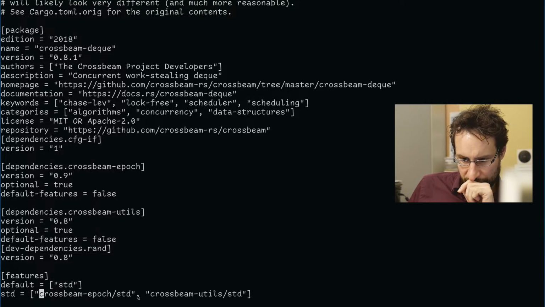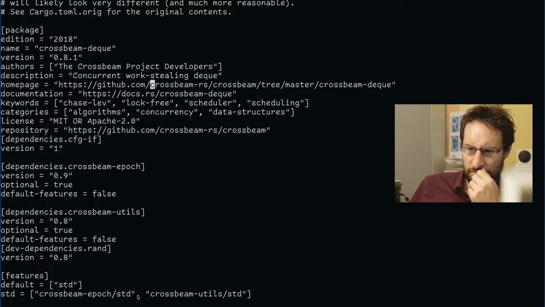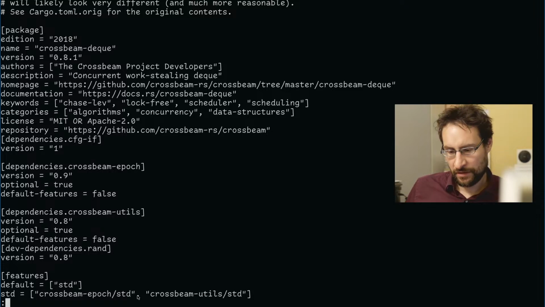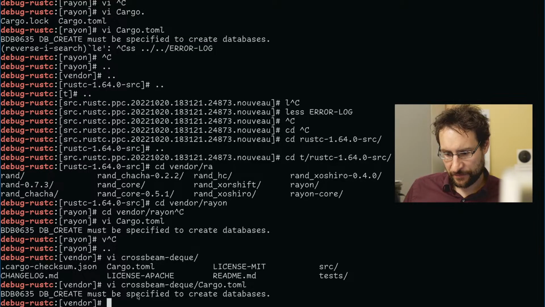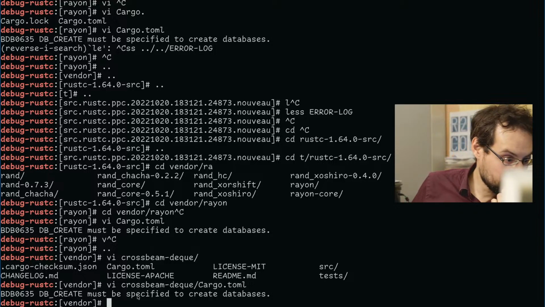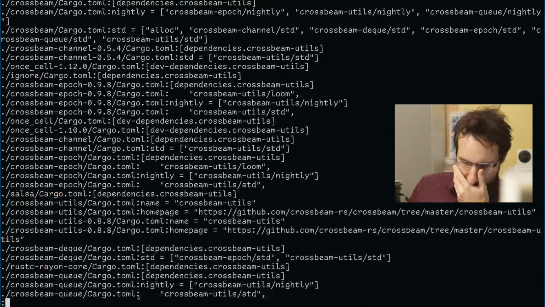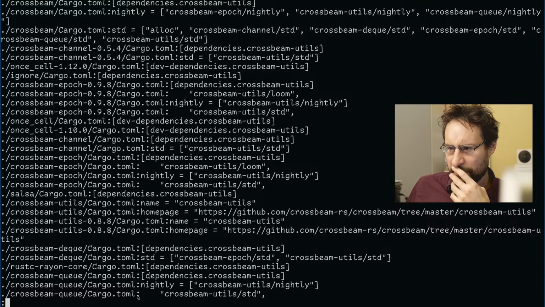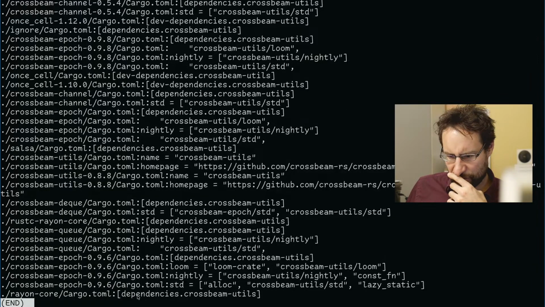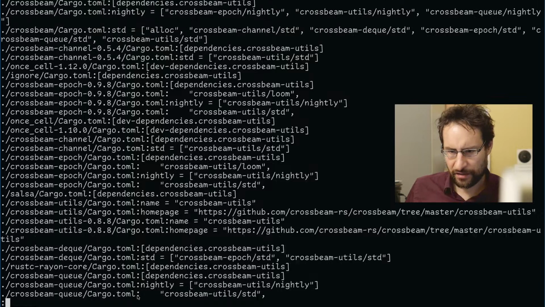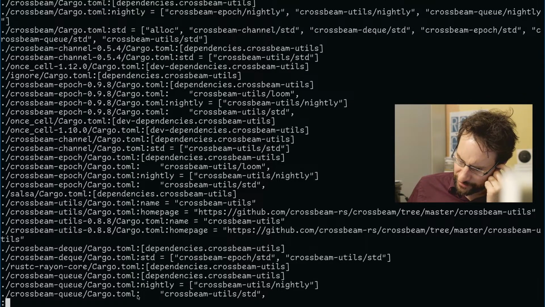Dependencies, crossbeam utils was 0.8. So the problem is I don't know where this is coming from. It doesn't make the most sense, but do we have anything? Maybe I should grab, I mean it should come from this rayon or so. I would think so, but